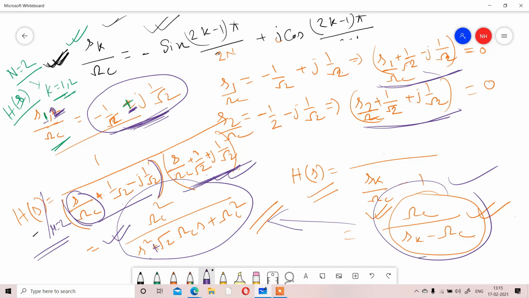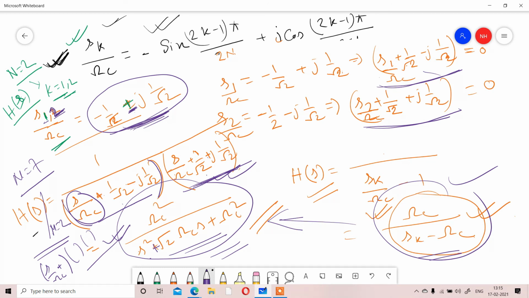So this is for first order, this is for second order. Simply check it. If we change the order of the filter from lower to higher, complexity is increasing. Now if we want to calculate a seventh order filter, replace n equal to 7 here. So k will be 1, 2, 3, 4, 5, 6, 7. So 7 values of s we will get. So s by omega c, whatever the first value is, that will be 1, then 2, 3, 4, and so on, 7 multiplications will be there in the denominator. So complexity will increase more.